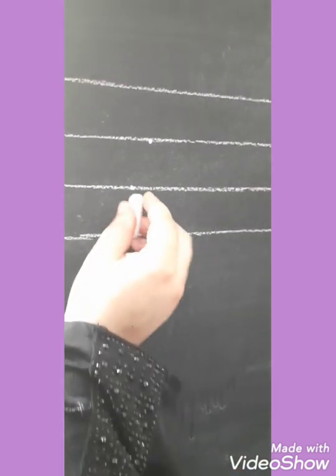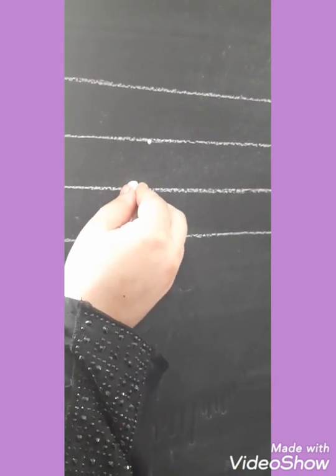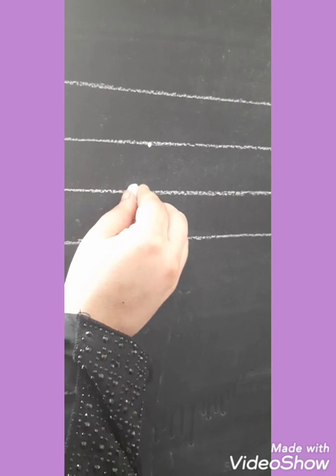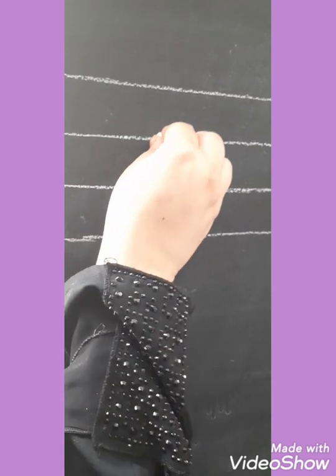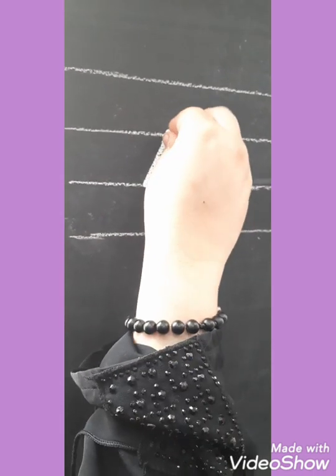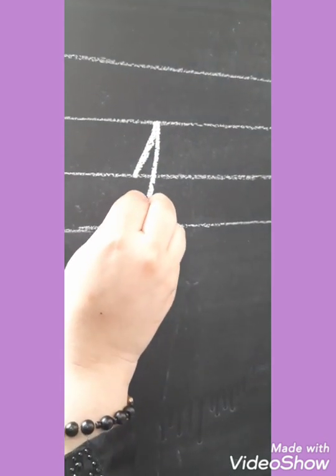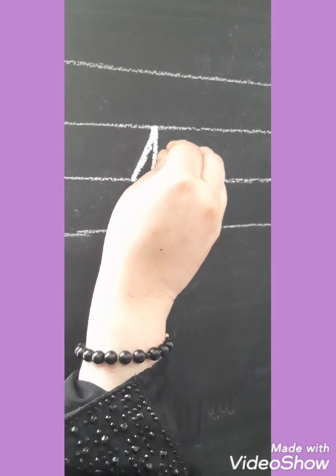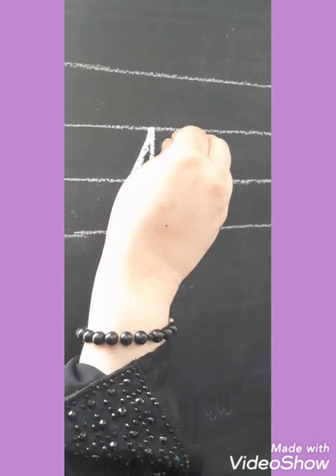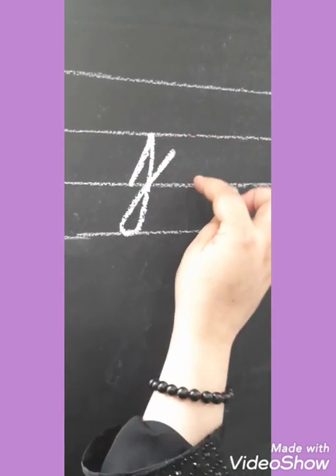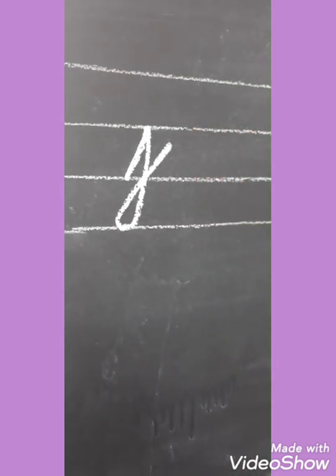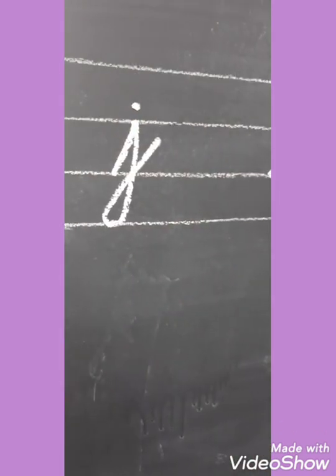Okay, the next letter is J. Now put the pencil on the third line dot. You have given this dot on the third line. Go up. Touch the dot. From here you have to come down in a slant. Round your pencil. Cross the line and make its tail. And you have to leave this tail in the center of these two lines. At the end you have to put the dot.